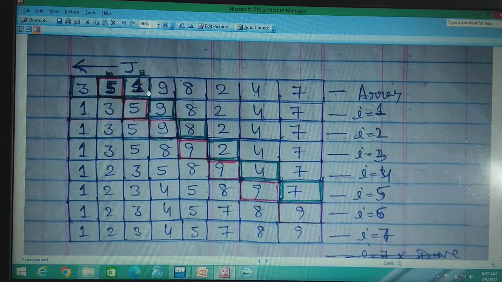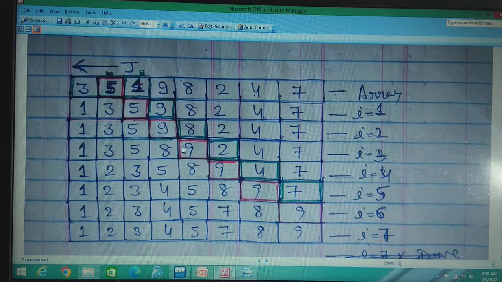So j is working from here to here, finding which one is the smallest. Then again from here to here, which one is the smallest. Similarly all the data has been sorted. You can see in this box the smallest element is 1, you will place it here. Now in this box the smallest element is 3, placed here. In this box the smallest element is next 5, and you place it here.